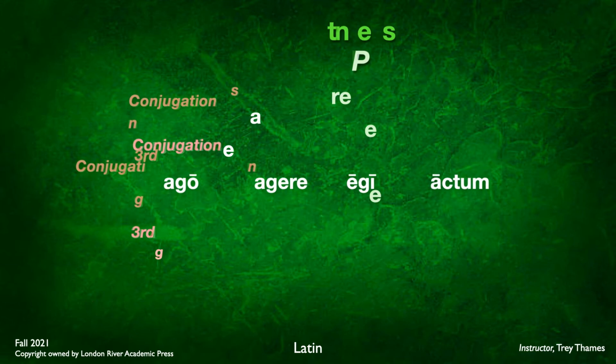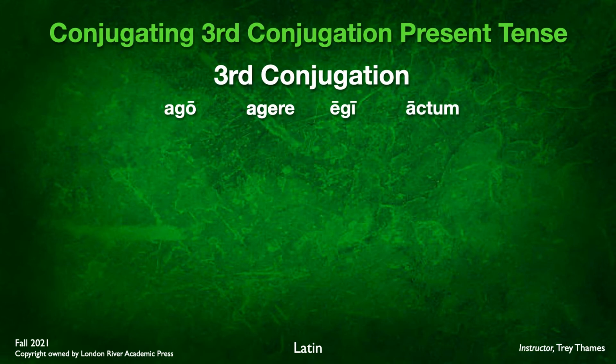So let's take a look at how we conjugate present tense for third conjugation. Now, if you remember your first conjugation verbs in the second principal part, laudare, we had that long A, and that's the telltale sign. That long A in the second principal part, or the infinitive, tells us that's first conjugation. For second conjugation, monere, that long E in the infinitive, the second principal part, is the telltale sign of